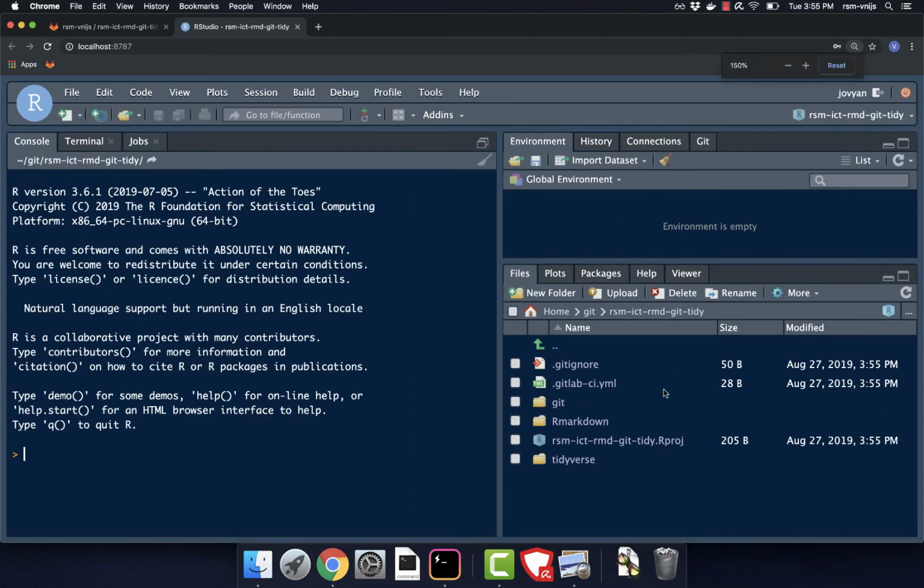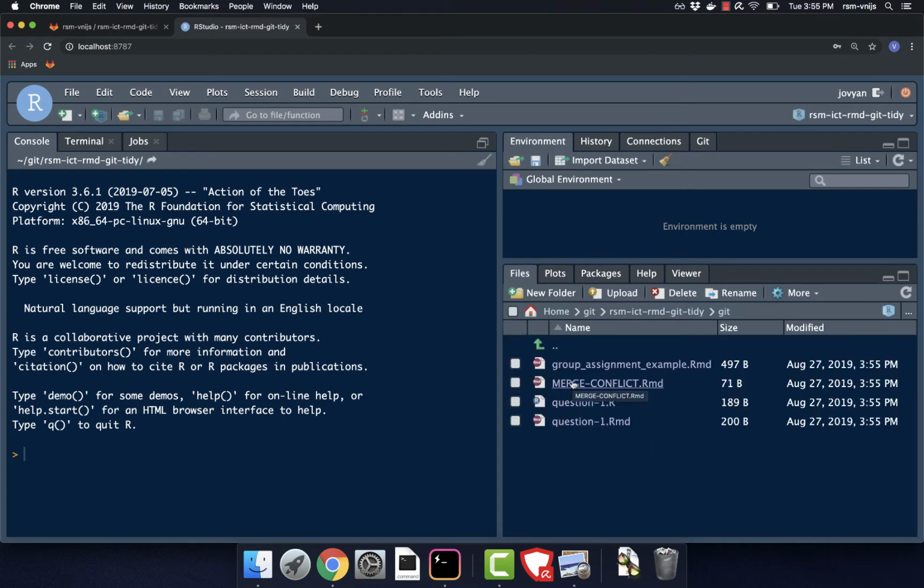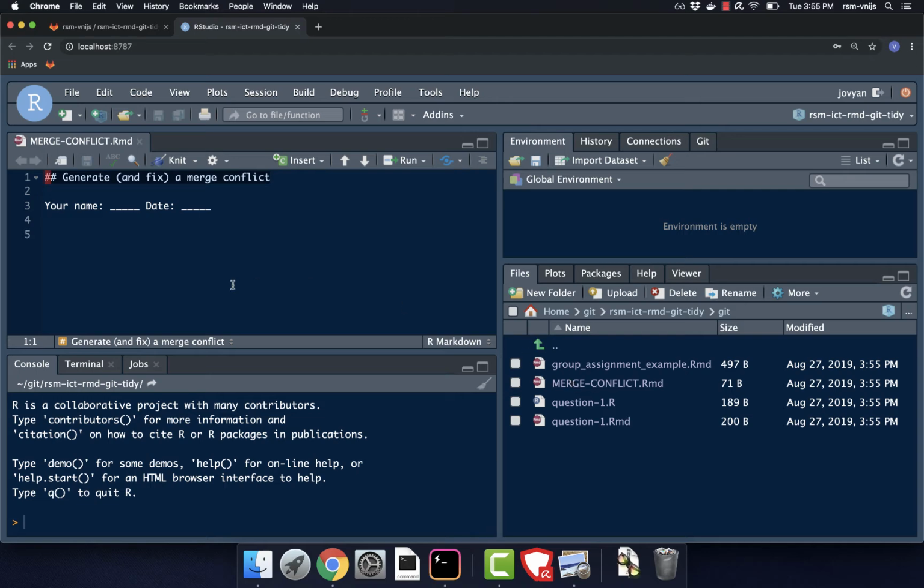And then here are the files. Let me make that a bit bigger. And so the file I want you to take a look at is in the Git directory, and then merge conflict. Okay. Now I'm going to show you the instructions that go with this exercise,